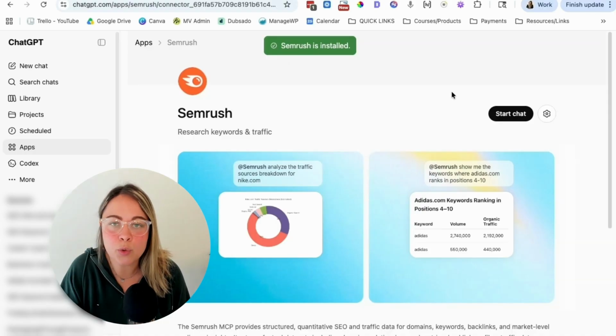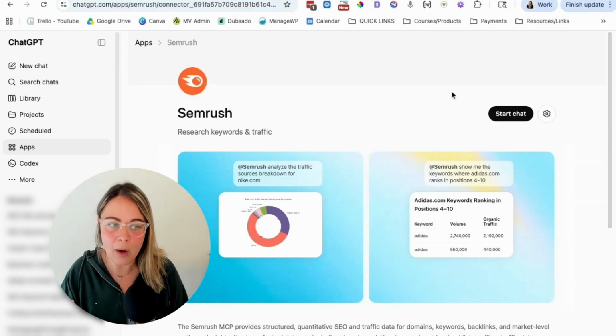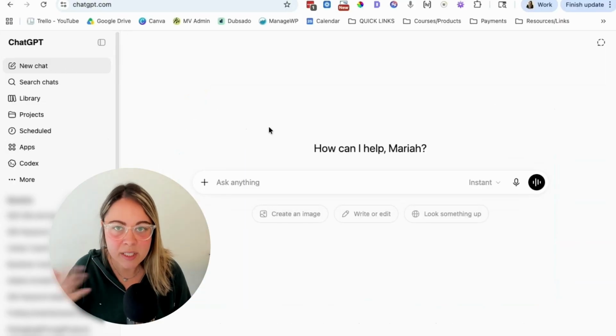Literally, it takes like 2 clicks in order to set this up. When people first started talking about MCPs, I thought it was going to be the most obnoxious and overwhelming process, but they made it so easy breezy, and I love it. So now all we have to do to start using it is start a new chat and just start prompting